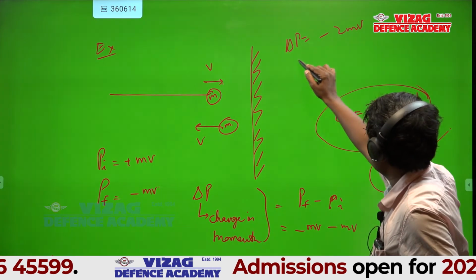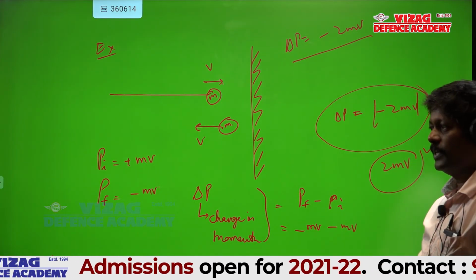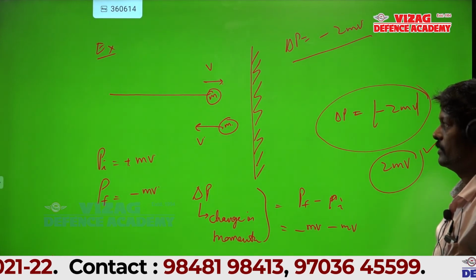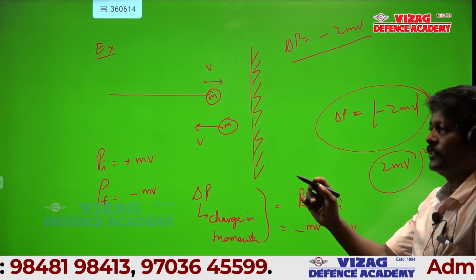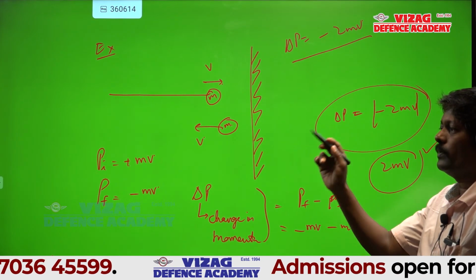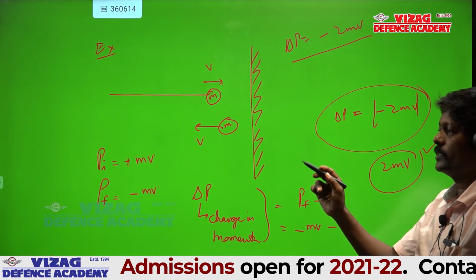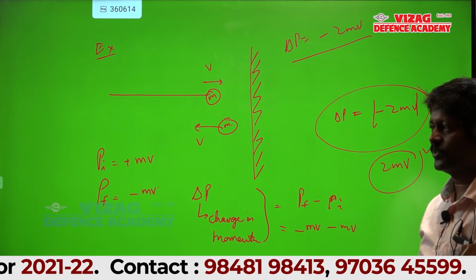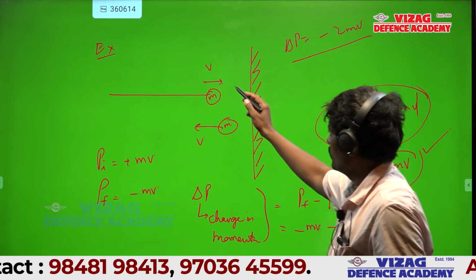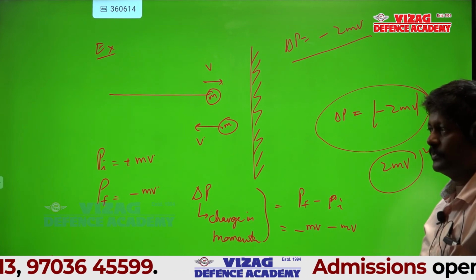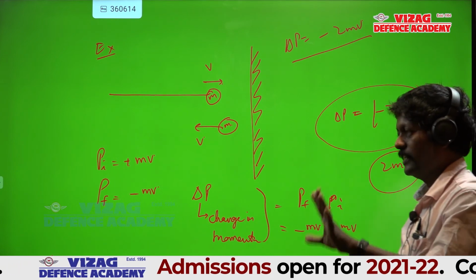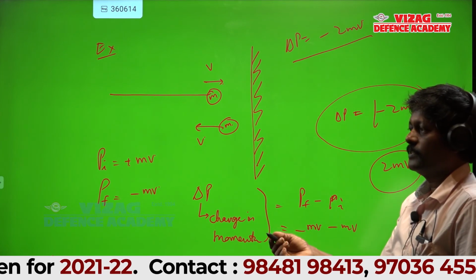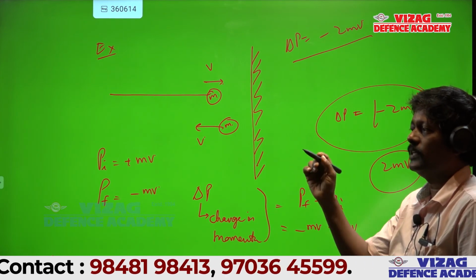Finally, what is the change in momentum? Minus 2 mv. The minus sign shows that the change in momentum is left or right? Left. So in the option they will give, change in momentum of the ball is 2 mv right, or change in momentum of the ball is 2 mv left. Which is correct? 2 mv left. Very good. Many students think that in numericals we have to write minus 2 mv. But if they give 2 mv left, it is left only. Minus 2 mv is the change in momentum. If you write in words, the change in momentum is 2 mv left.